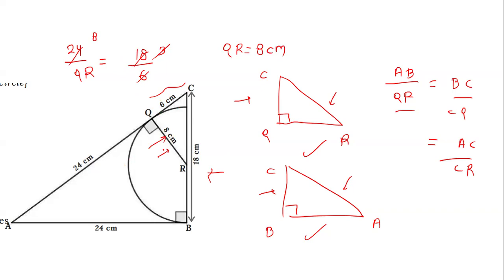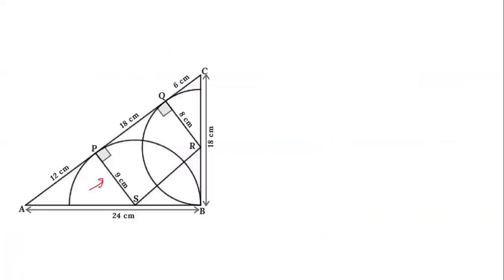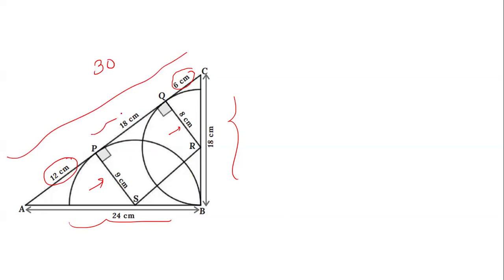Now we calculated this as 8 centimeter, and we know both the things. This we calculated as 9 centimeter, and this is 8 centimeter. And we also calculated that this whole is 24 and this is 18, and we calculated this as 6 centimeter, and this as 12 centimeter. So the whole is 30. So the remaining will be 30 minus 12 minus 6, which is equal to 18 centimeter. So the remaining length PQ is 18 centimeter.